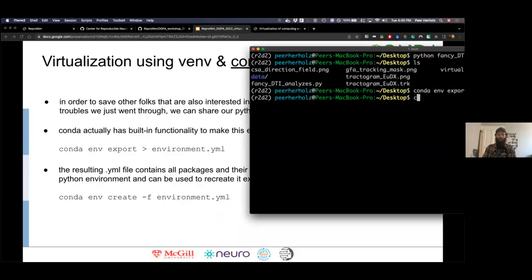Because all they need to do then is type conda create -f, meaning creating an environment from this file, environment YAML,